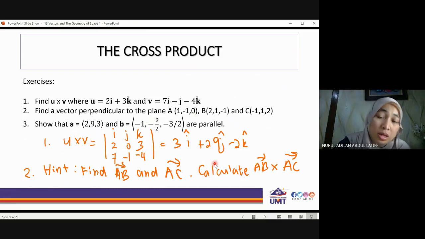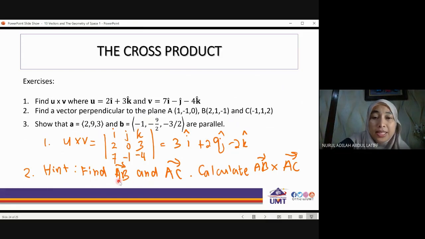Okay, if you don't try to do it and then you just come and ask me, doctor, how to do it, I cannot help you because you didn't force yourself to try to understand this. If you try to do it, you try to solve it, but then you get stuck, then you ask me, you will get a clear picture and you can understand better in this topic. Okay, in any mathematics type of topics, that is how you study.